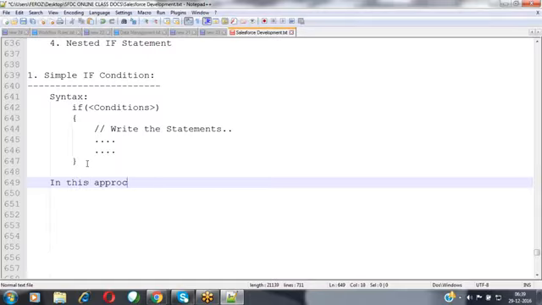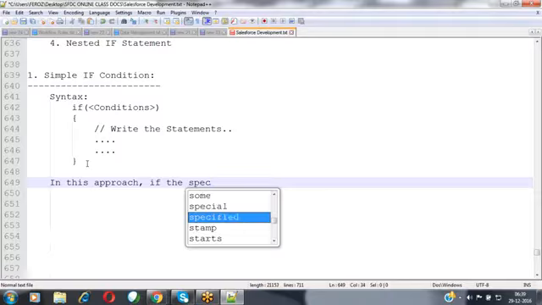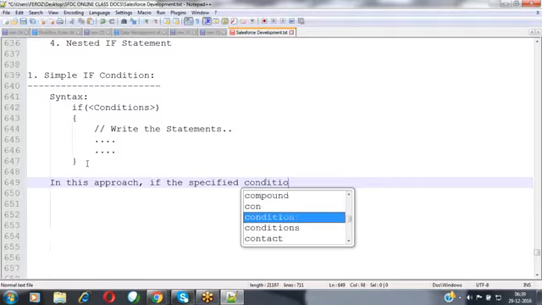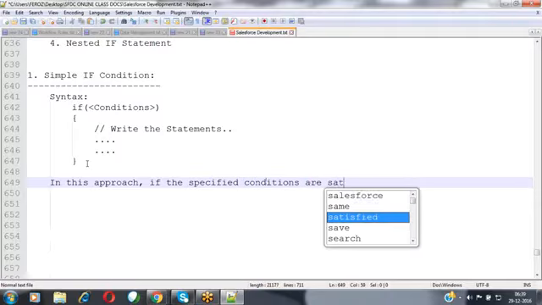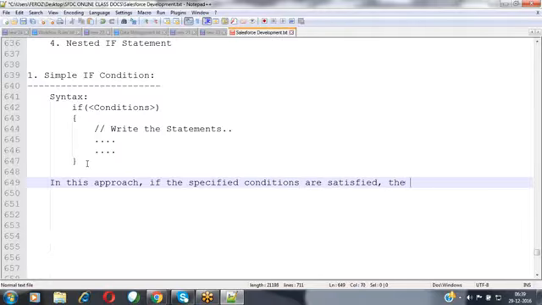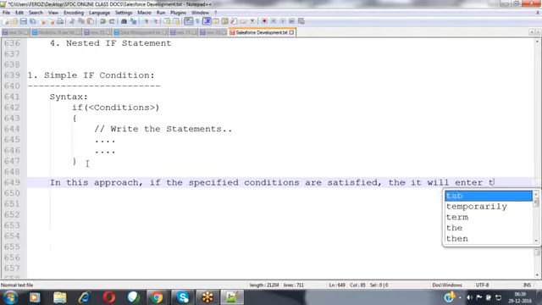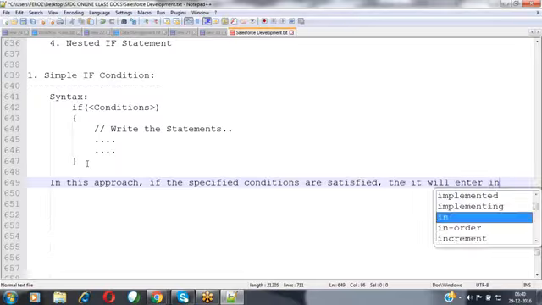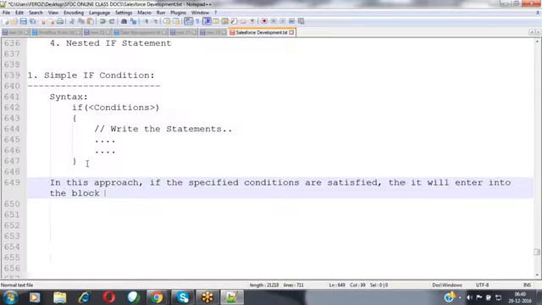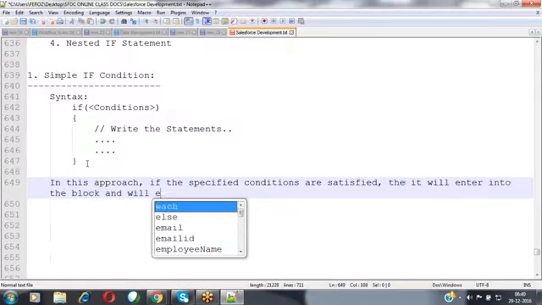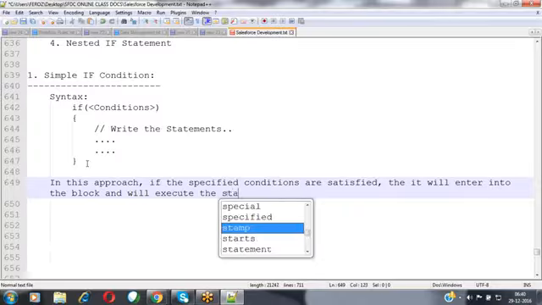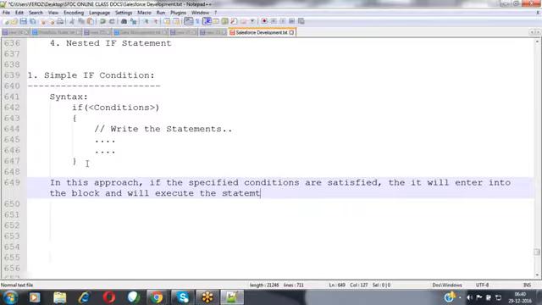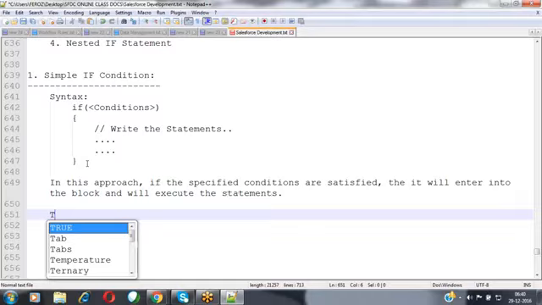In this approach, if the specified conditions are satisfied, then it will enter into the block and execute the statements.